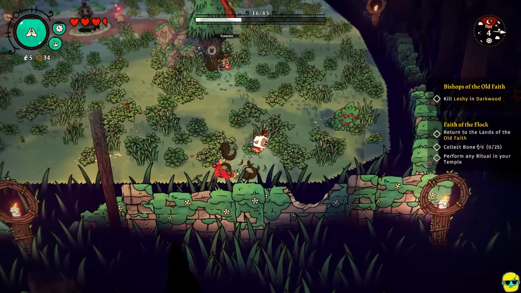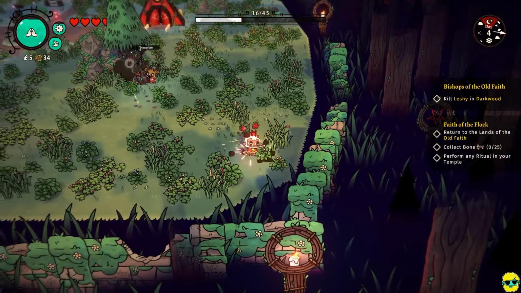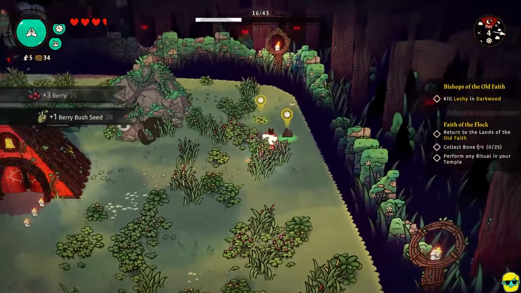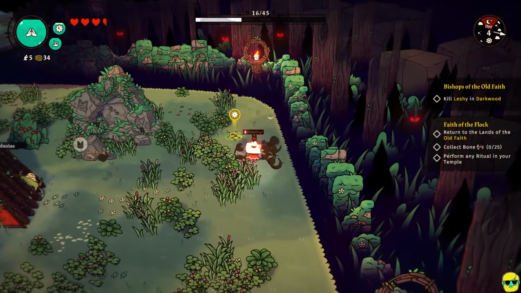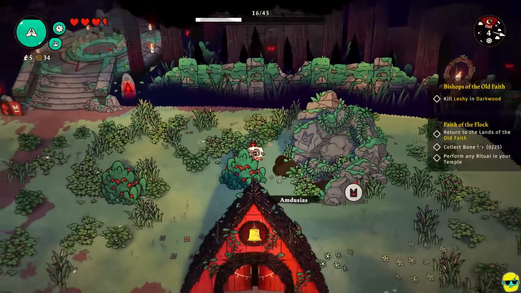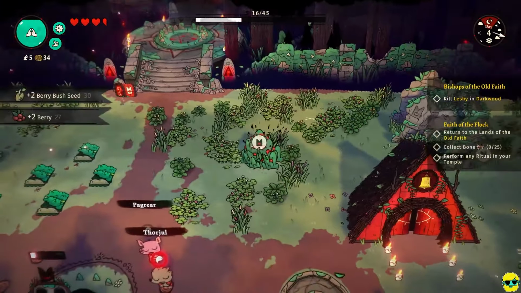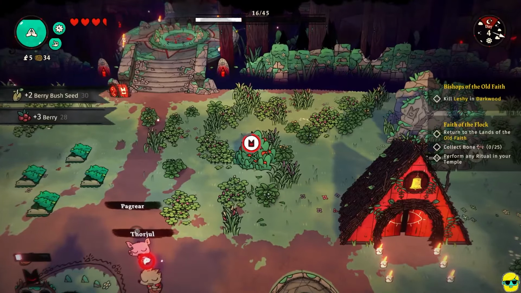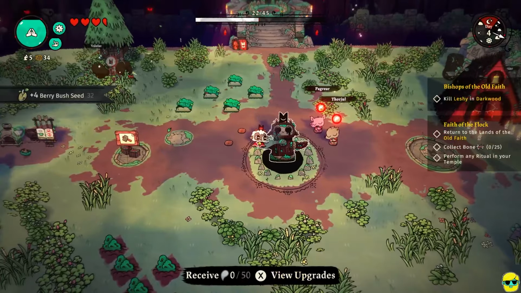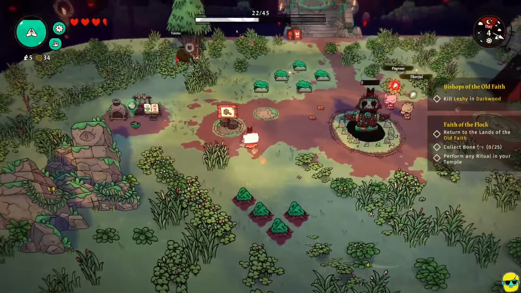We're getting fertilizer. By the way, fertilizer. Oh my God, somebody threw up over here. All right, well. There we go. Heck yeah. Excellent. Okay, so another thing that we want to do is, I'm just going to build,